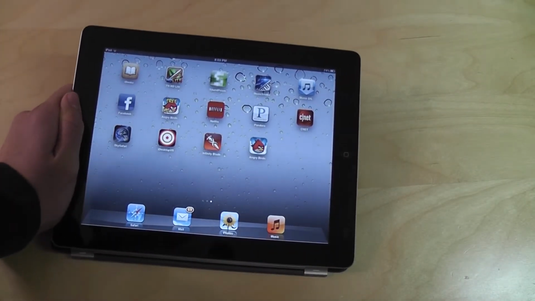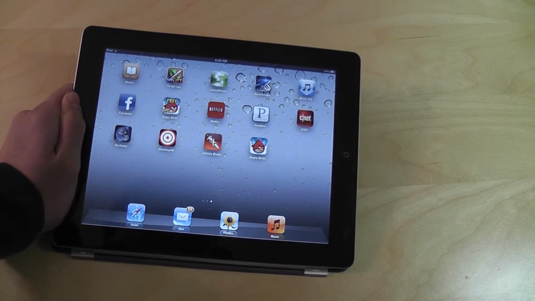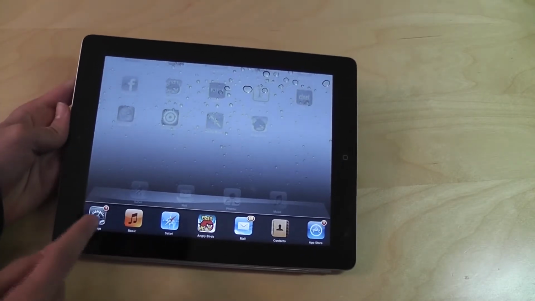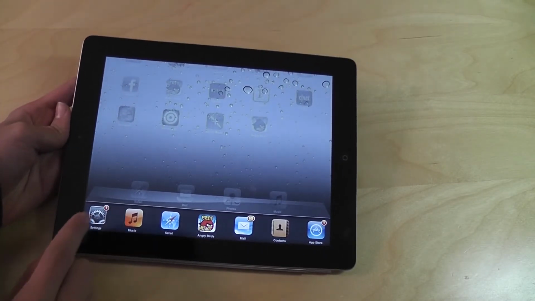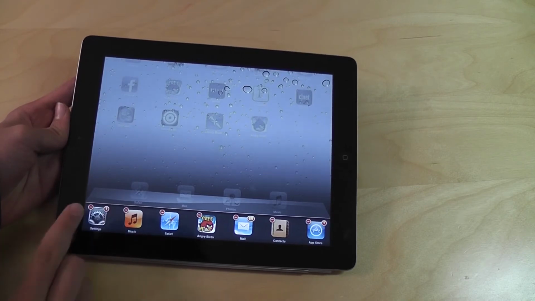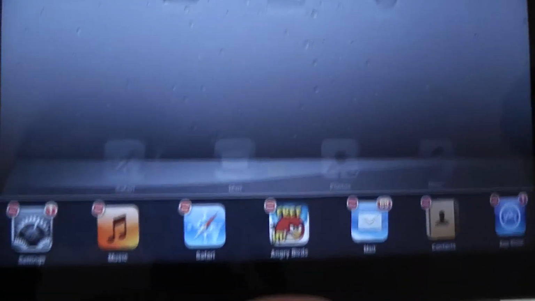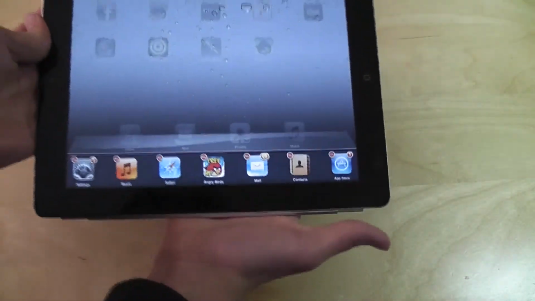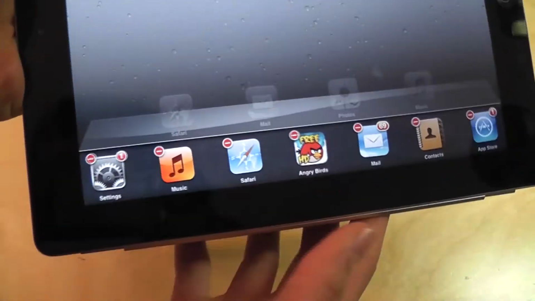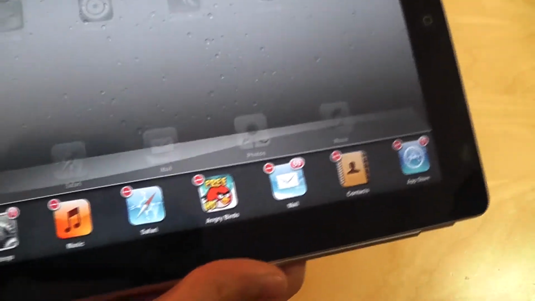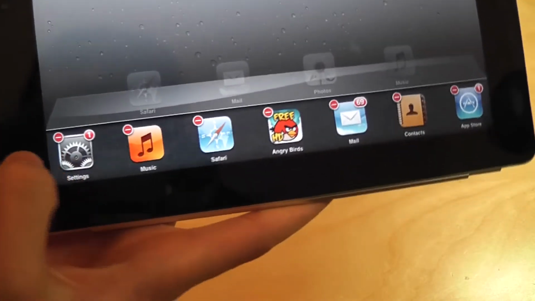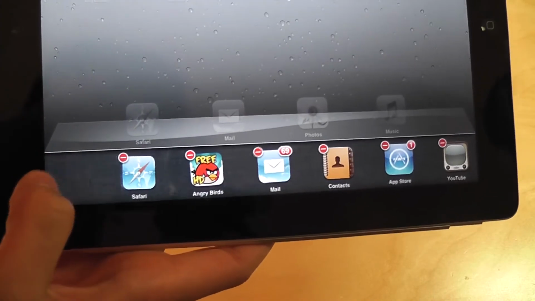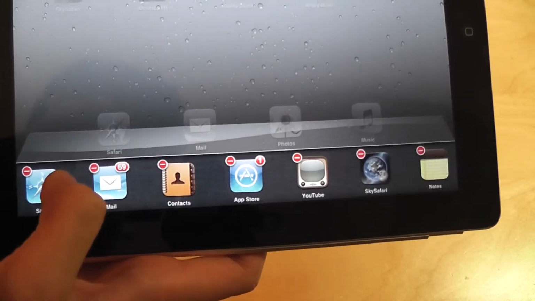But let's say, what if you wanted to turn off one of the applications? Well, all you need to do for that is you hold down one of the applications, any of the applications, you put your finger on it and hold it down until they start to shake like that. You see that? It has this little red minus on the top, and it starts to shake. Now, whatever applications you want to close completely, you just press these little minuses. So if I press this minus, you see how that application closes? So I'm just closing all these applications right here.